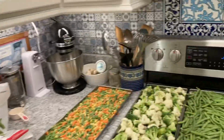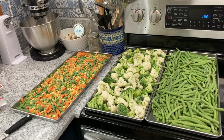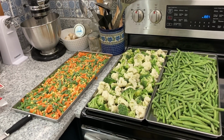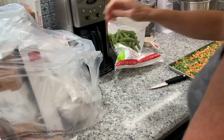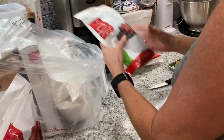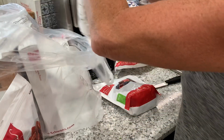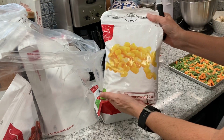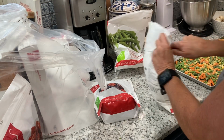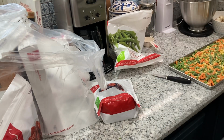So here's what I got so far. I have mixed vegetables, broccoli and cauliflower, green beans, and what else I got going on here? Let's look and see. I got some berries that I'll do, but I don't know that I'll do it this run. It may have to wait till after this run is done. I got corn. We love our corn. This is going to jumpstart our pantry incredibly fast